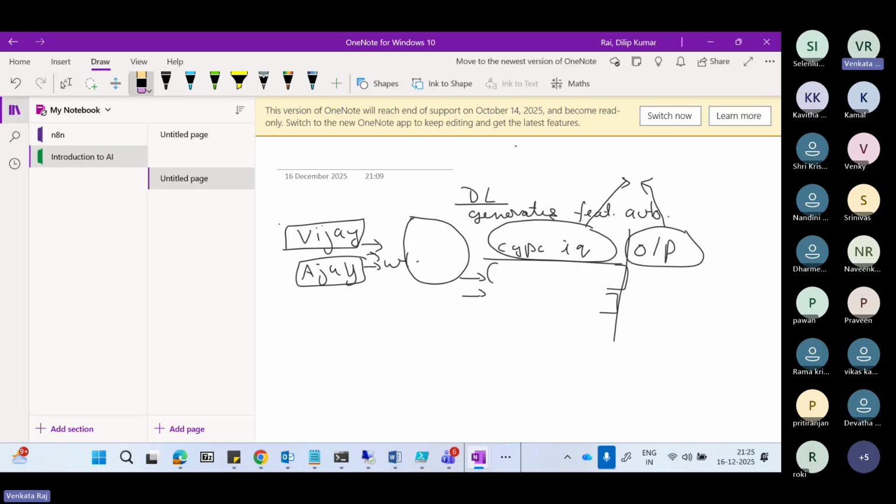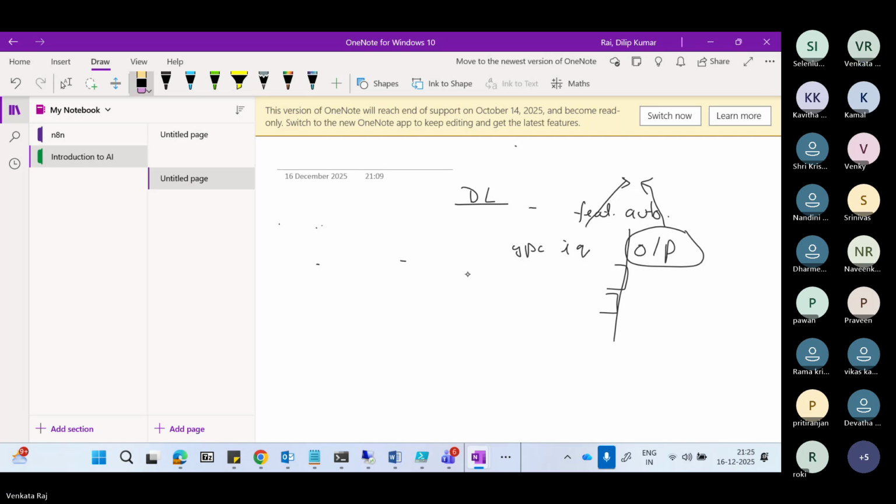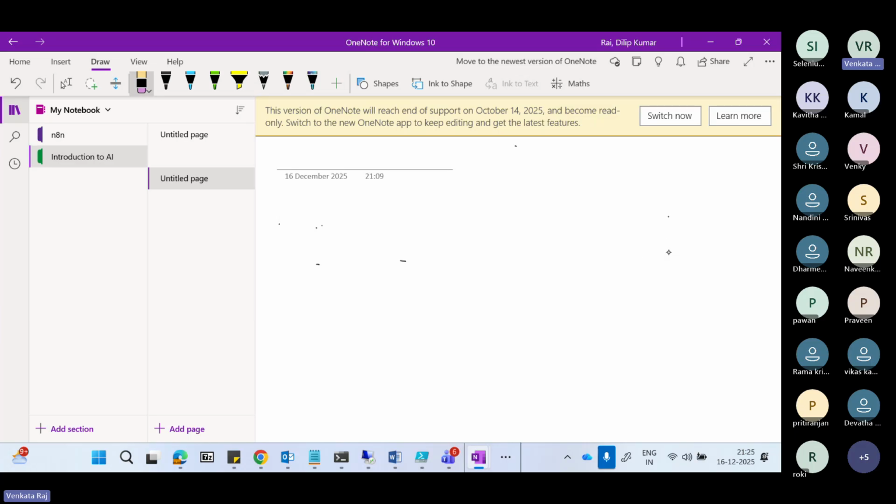Now we'll start with types of machine learning. We'll go not very deep, but a bit deep into this, not very brief and not very deep. Types of machine learning are basically categorized based on the amount of supervision needed to get an ML algorithm trained. Now what is this supervision? I'll tell you.